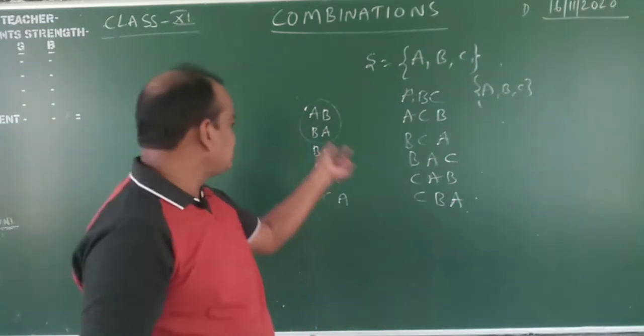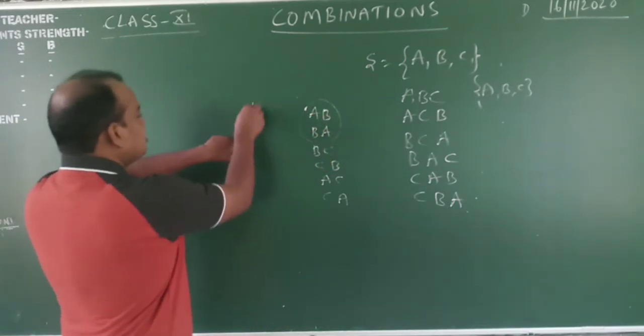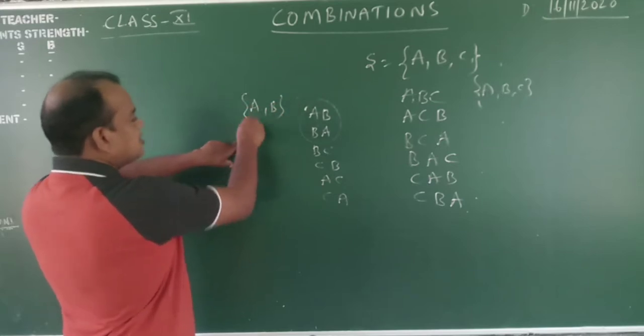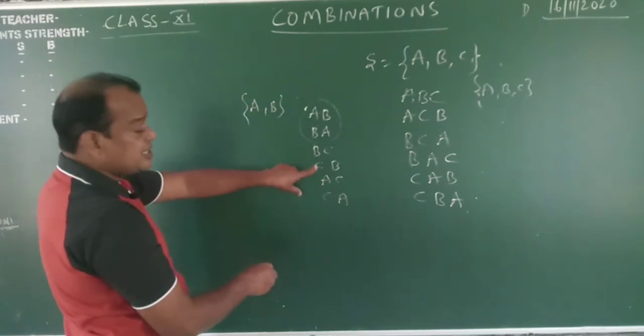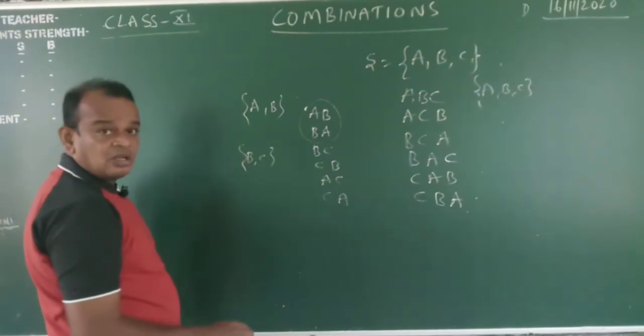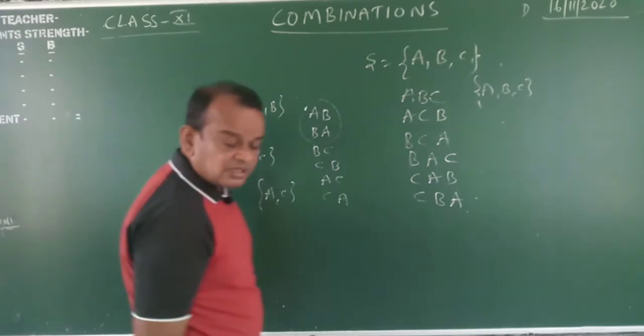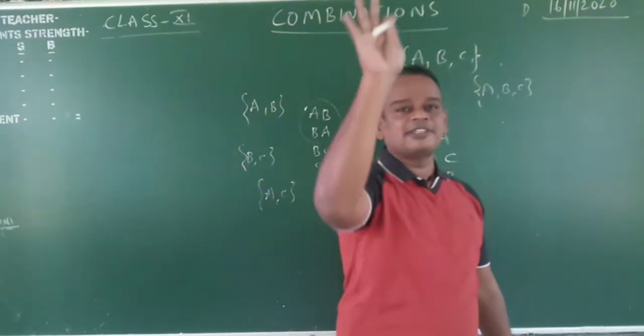If you select 2 persons, for example Raju and Ramu, again Raju and Ramu is there. This is one selection. Now BC and CB are both the same, that is B comma C. This is selection, no arrangement. This is A comma C or C comma A. What is a combination? Combination is only a selection.